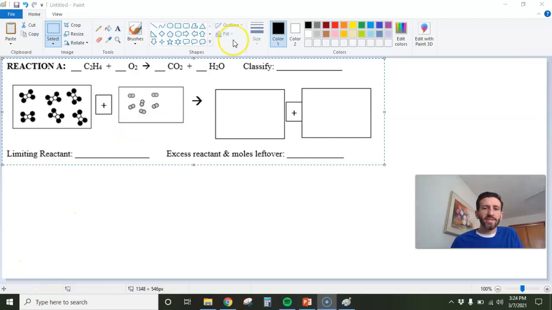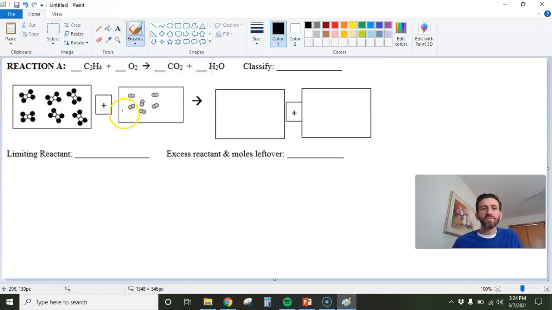All right, hello guys. Today we are going to learn to do some drawings here to help us figure out limiting reactants. Okay, so just for the sake of time, I'm going to go ahead and balance this reaction because we all already know how to balance. Okay, so what's going on here is I have six, 1, 2, 3, 4, 5, 6 moles of C2H4,